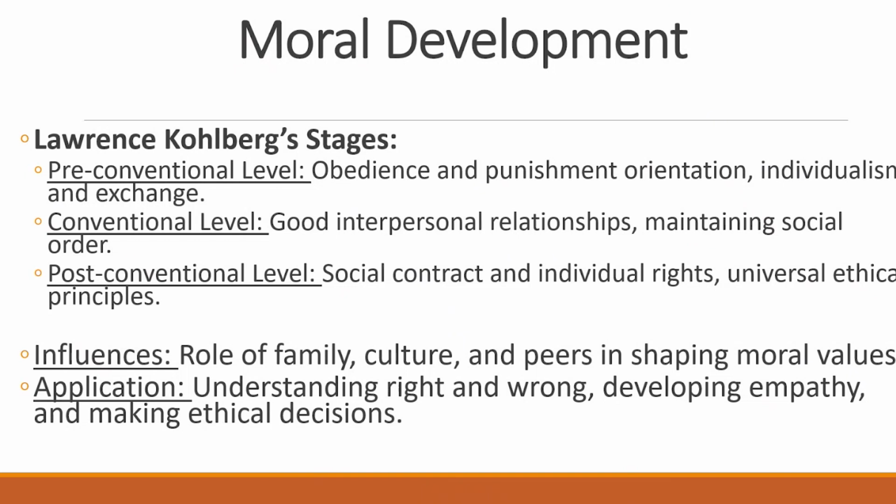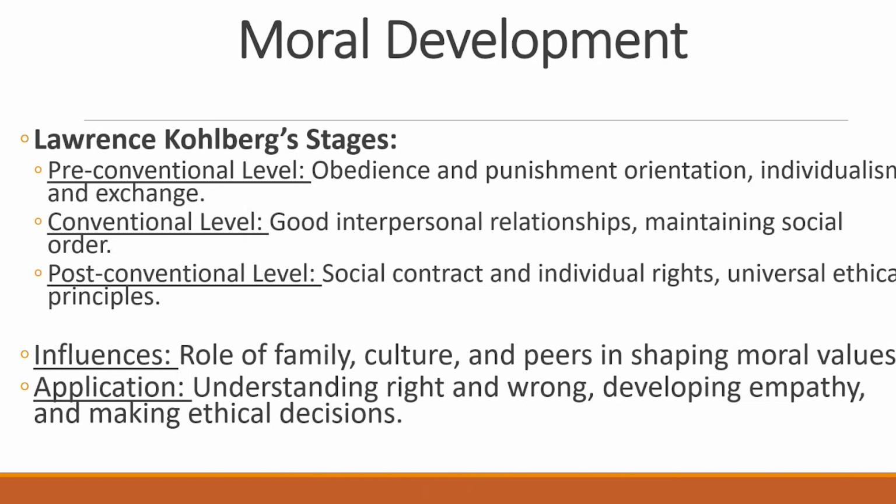During Kohlberg's post-conventional level, this is where we see social contract and individual rights taking place, as well as universal ethical principles. This is a clear way for them to then understand in the world: is what I'm doing right, is what I'm doing wrong, and how can I interact with other people in a way that doesn't violate or hurt anybody's feelings or their person. There are different influences to moral development, some of which being the role of the family,